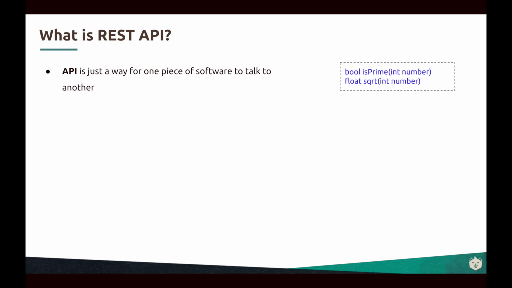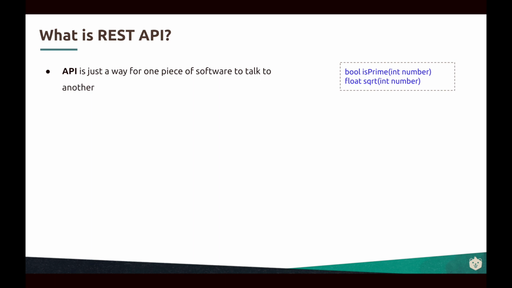Let's start with a very simple example. Say you have a function isPrime that accepts an integer and then returns back a boolean. And you have some sort of an implementation for it, and you give me this particular function declaration, this particular line alone. You don't tell me how you have implemented it, but you only tell me that, hey, you give me an integer and I'll give you a boolean that says whether the number is a prime number or not. I use it across all my functions. I'm writing some sort of a cryptographic function where I call isPrime a lot of times, but I never have to worry about what code you have written.